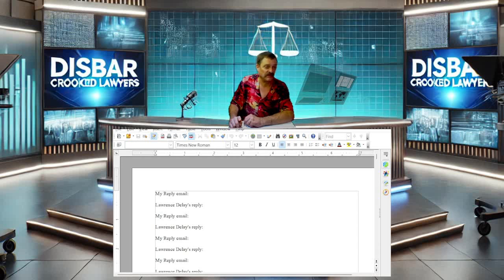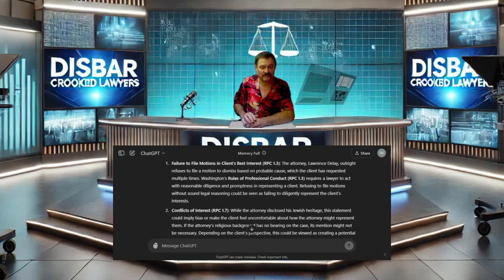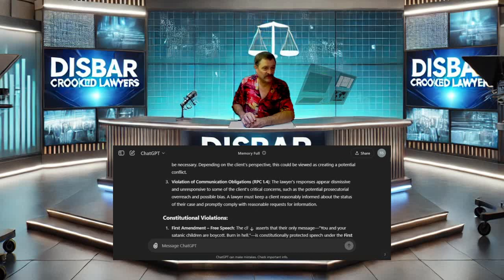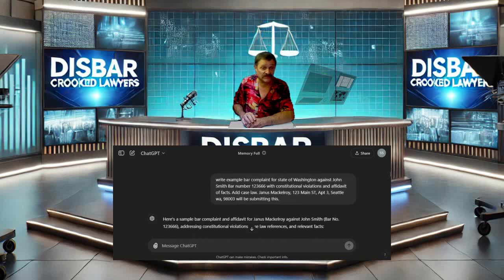by ChatGPT. Next, go on over to ChatGPT, upload that email exchange, and use a prompt like, "Please analyze the email exchange for any bar violations or constitutional violations." Within moments, ChatGPT will highlight potential legal and constitutional concerns, breaking it all down for you in a nice, easy-to-read format. Now that ChatGPT has the full context in its memory, all you need to do is input a command